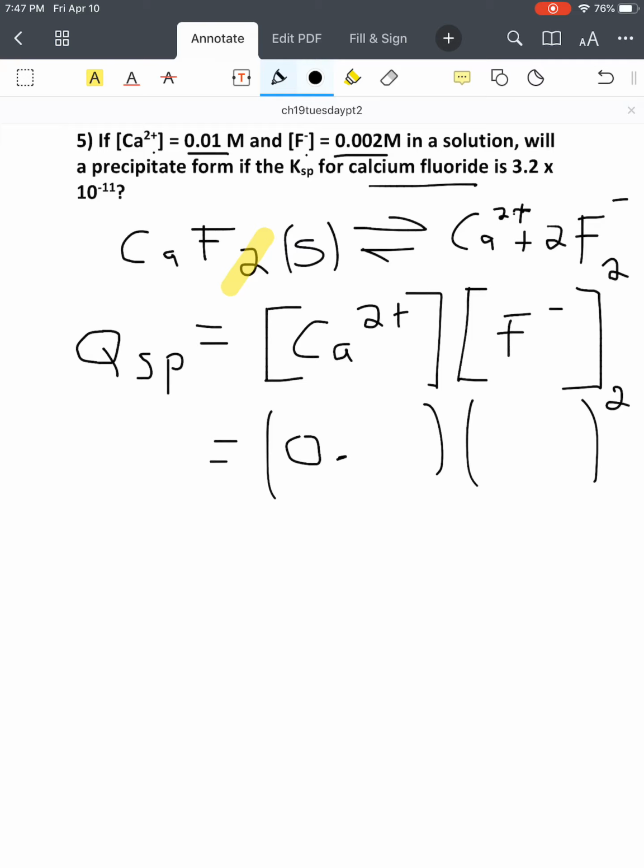So our calcium concentration was specified as 0.01 mole per liter, and our fluoride concentration was specified as 0.002 mole per liter. Now again, we have to square that by virtue of that 2, but we can handle that, right? No big deal. So if I take 0.002 and multiply it by itself,